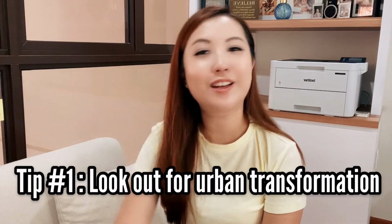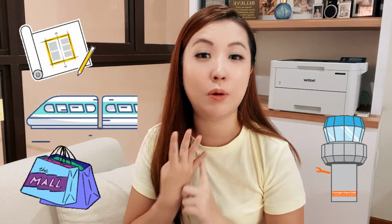Tip number 1, look out for urban transformation. Are there any new infrastructures that are coming up? New MRT lines, new malls, new airport, new change of location for our ports area, and education sites, etc. Is there any change to the zoning of a certain plot of land? Whether the use of the land has changed over the years? These are some ideas that there will be more transformation happening around that area that may help to boost